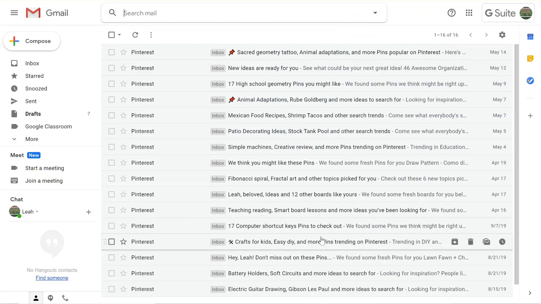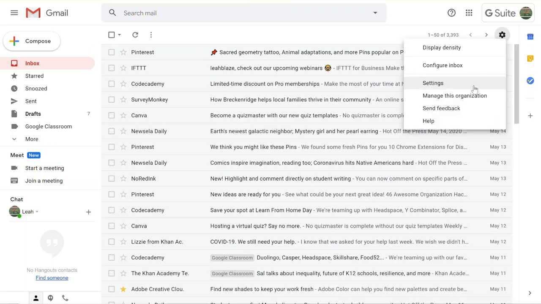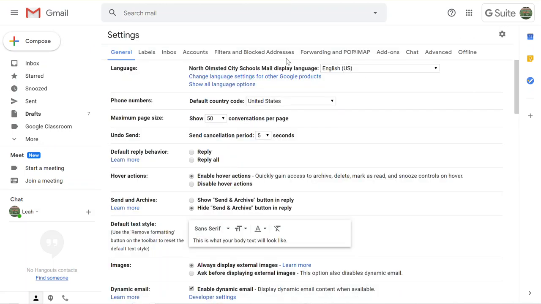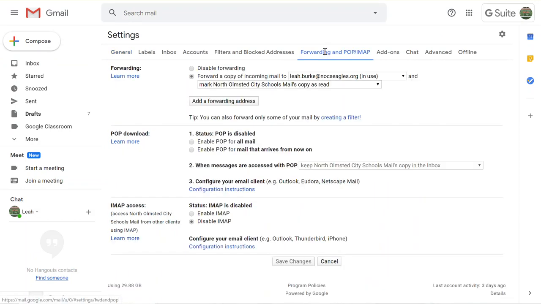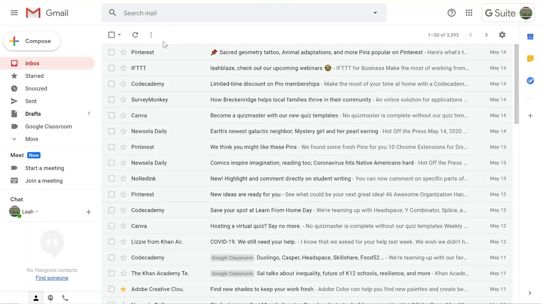from your inbox. I can see I've gotten a lot of Pinterest in here. So the last thing that I want you to realize, and there will be another video that will show you how to do this, is if you have another email address and you want to set up forwarding, you do have the option to set up that forwarding to another email address. I currently have my Gmail filtering into my NOCS Eagles, and then I choose what I want to do with that email. So there are a lot more advanced features available in your Gmail, but this will help you get started with organizing some